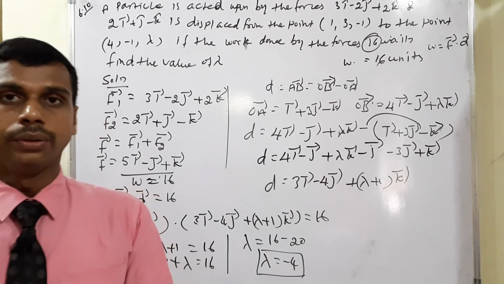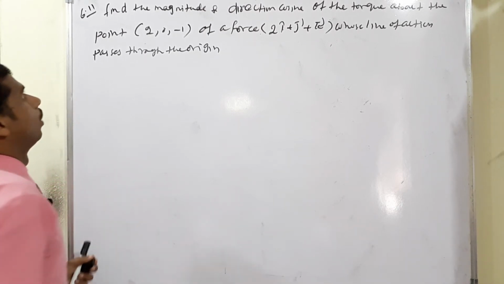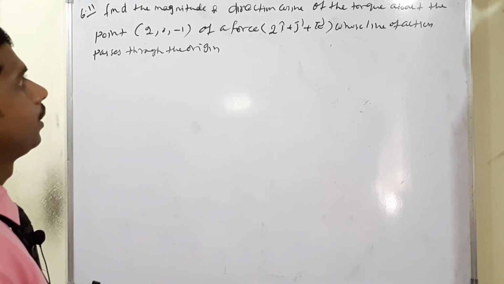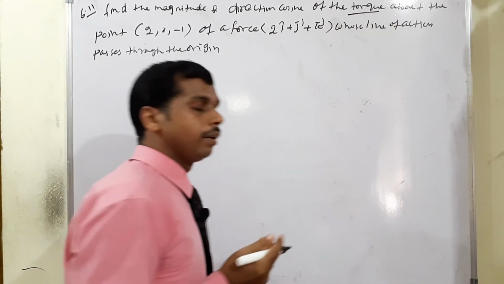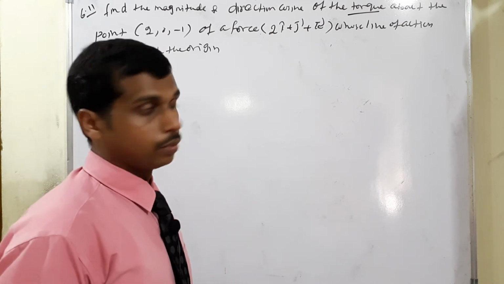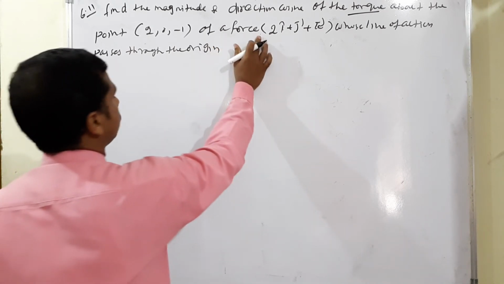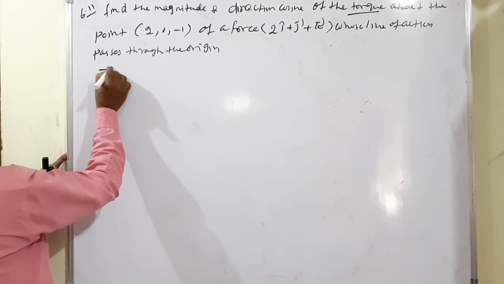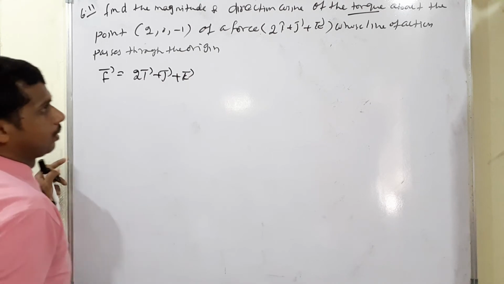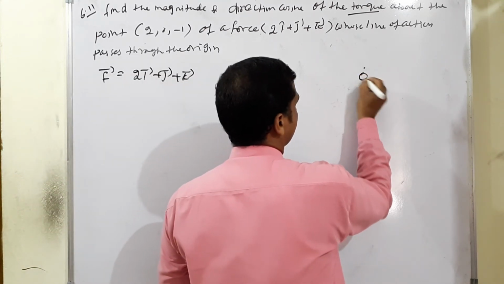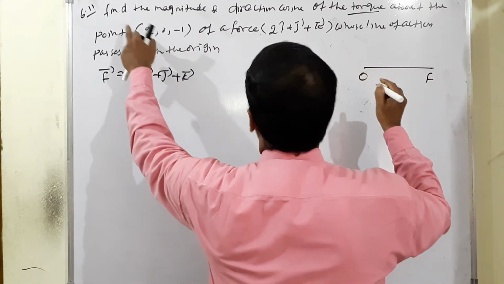Okay. I will continue with the next example. Example 6.11. Find the magnitude and the direction. This is also a last year question, but here there is one new topic, the torque. I have already done the starting concept of torque. About the point (2, 0, -1), the force is given clearly. The force F vector is equal to 2i + j + k. The condition is that the force starts at the origin point.